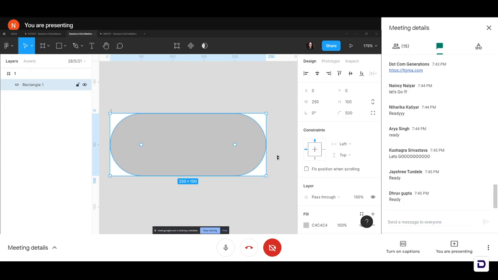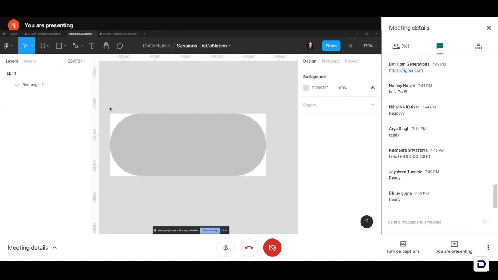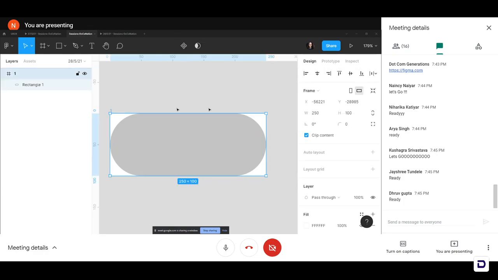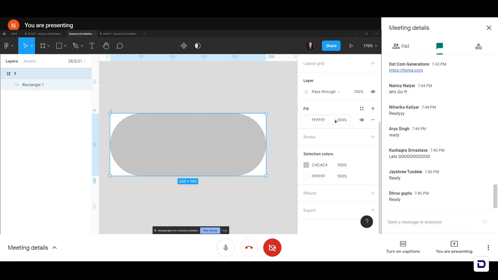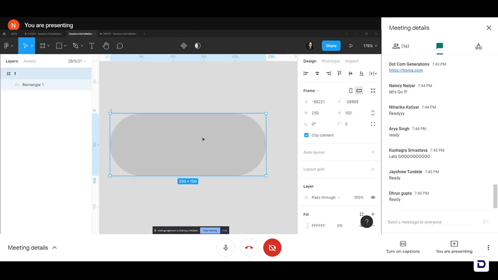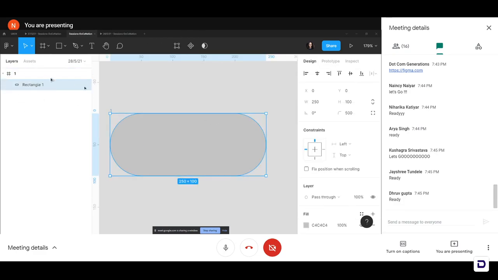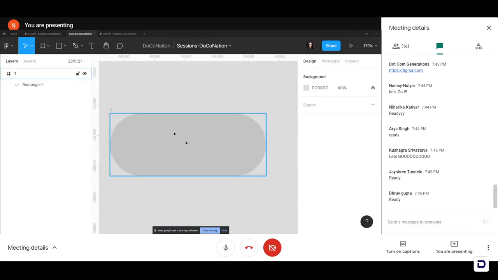And now you can see that the rectangle is here, and in the background we can see the frame's white part that we do not want to see right now. So we'll do one thing. We'll head over to our frame, select the entire frame, and on our properties panel on the right side, you can see fill is 100%. Let us simply change that to 0. Okay, so our frame is invisible now. We can only see our rectangle inside, but the frame is still visible on the layers panel. Right? So we have a rectangle and we have our frame.